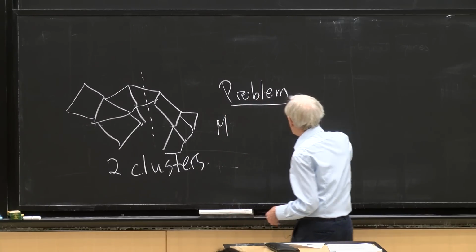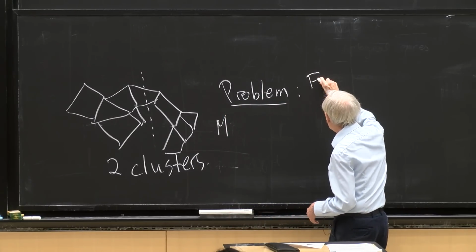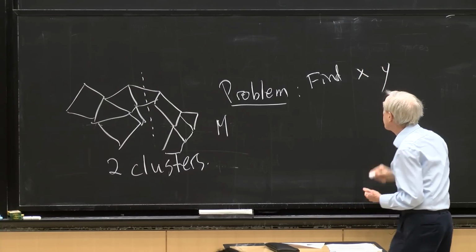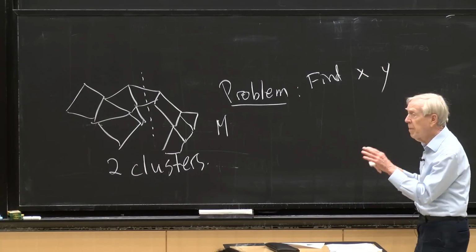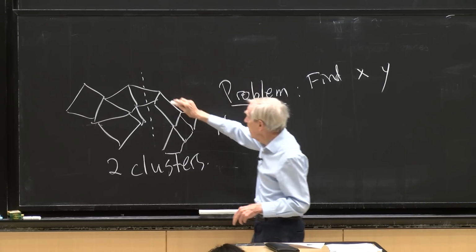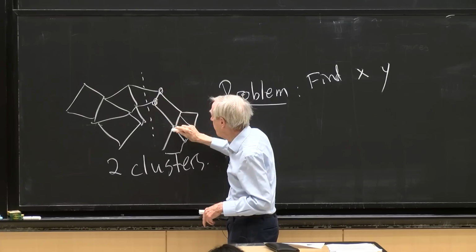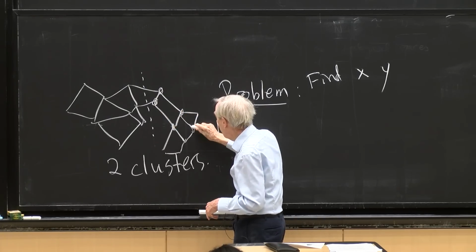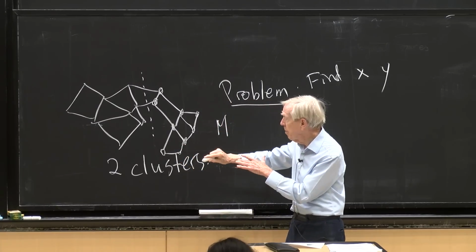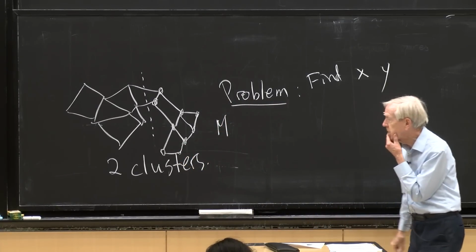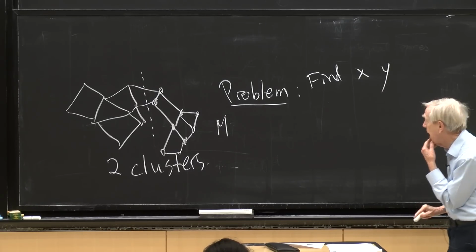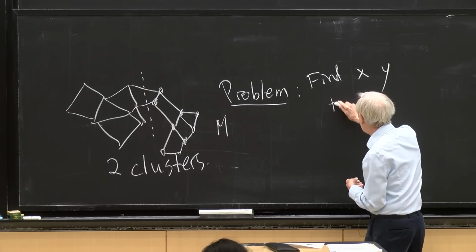We look to find positions x and y, let's say two, which will be the centers, so to speak, of the clusters, and really it's just these points. So the data is the points and the edges, as always, the nodes and the edges. So the problem is to find x and y to minimize